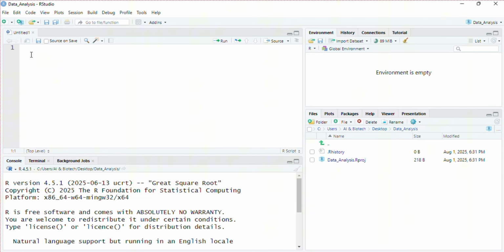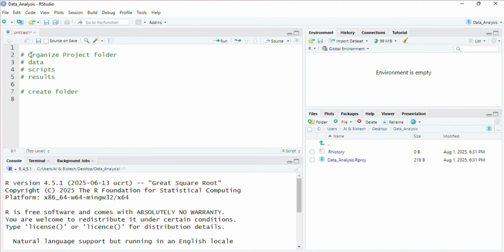Now the project folder has been created, but to organize this project folder, it should have some subfolders: one subfolder for data, a second for scripts where you can save your R scripts, and a third for results.